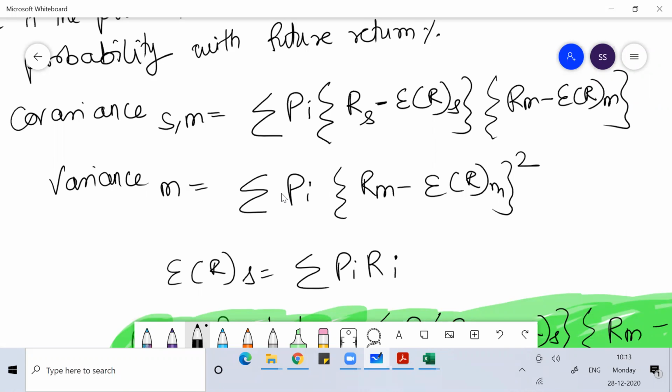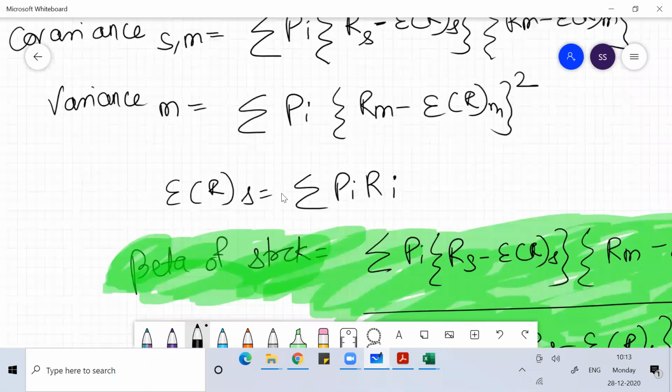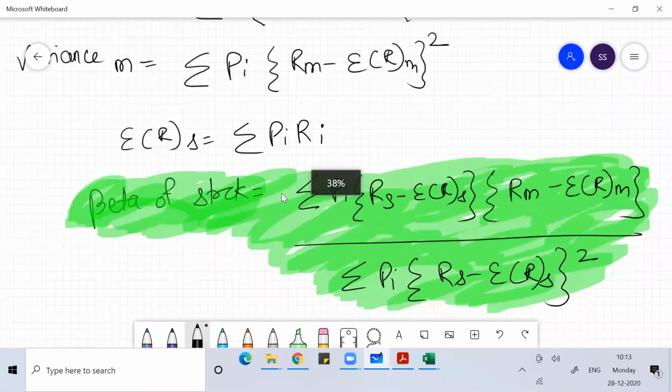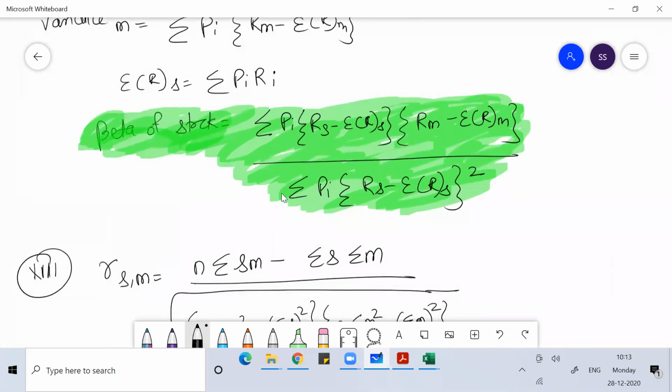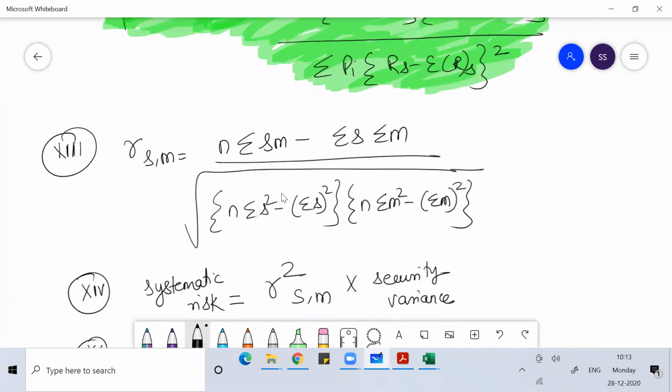So you know these formulas of variance and the covariance. In case the question is based on probability, you can calculate the beta of the stock with this formula. So it depends upon the nature of the problem. Again, when we talk about R value, the coefficient of correlation between stock and market, we can derive that